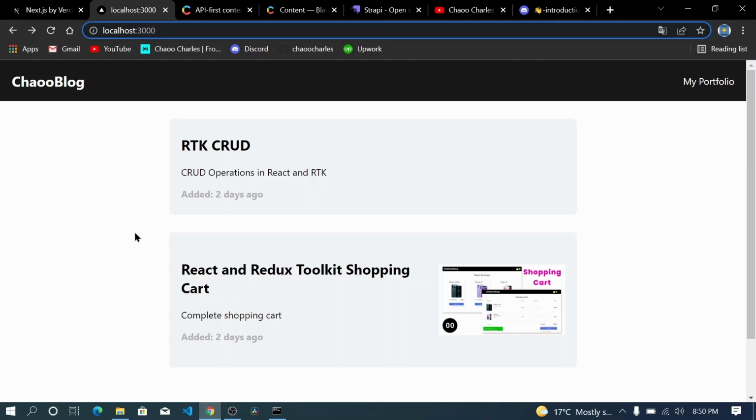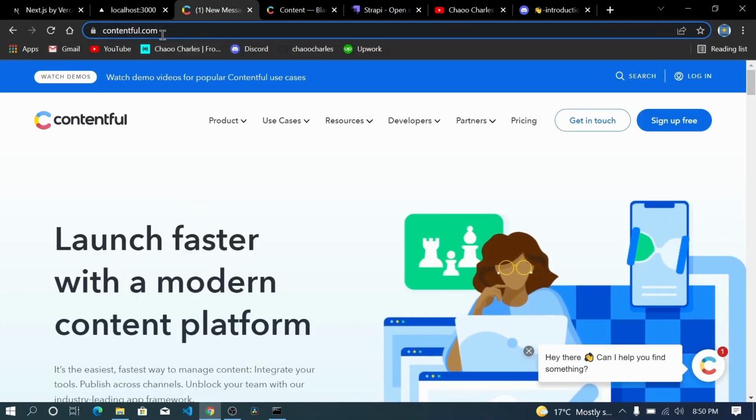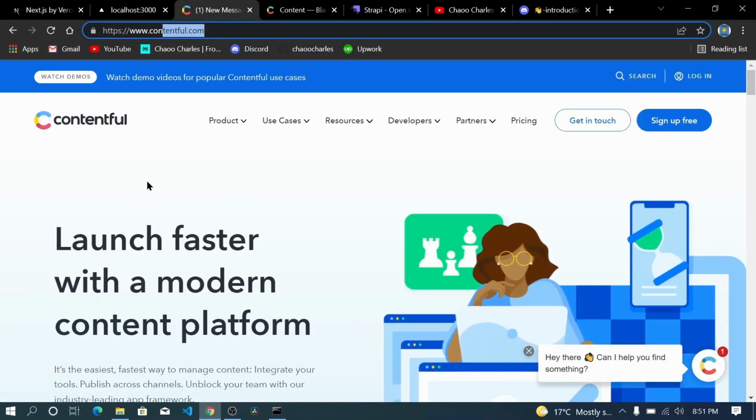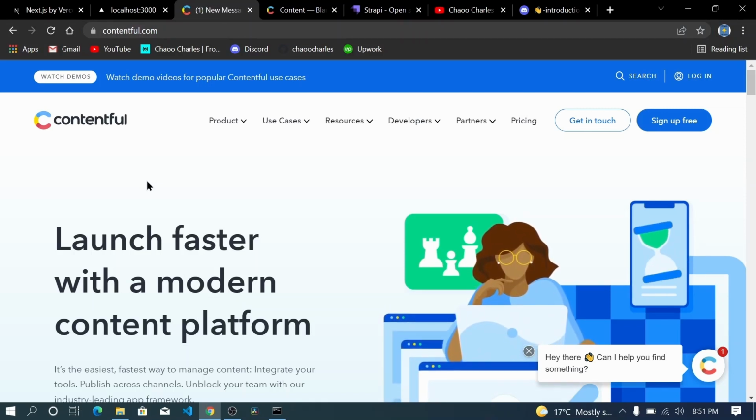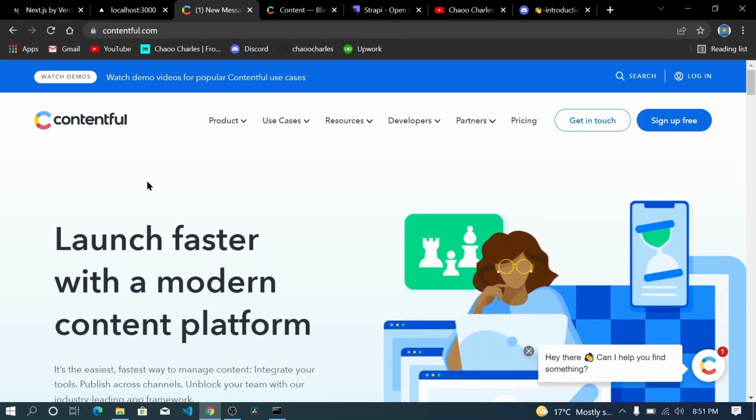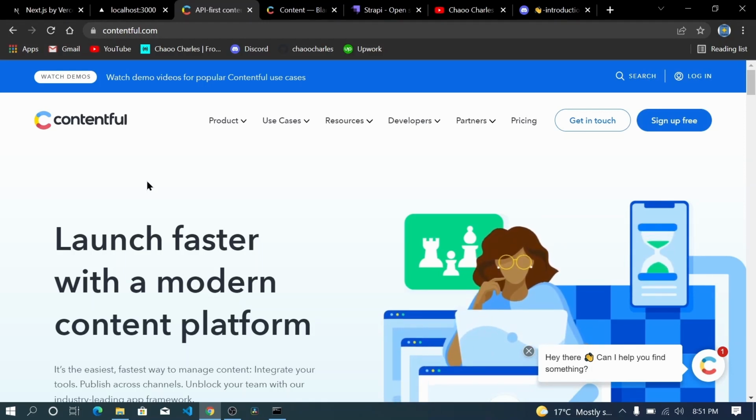So I didn't want to waste a lot of time creating APIs from scratch. Therefore, I made use of what we call a headless CMS. And a good example of a headless CMS is Contentful. And this is what we are going to use in this particular course. So this will help us to get the backend up and running very fast, because it is a content management system which will allow us to model the data, add the data, and we can point to APIs that Contentful